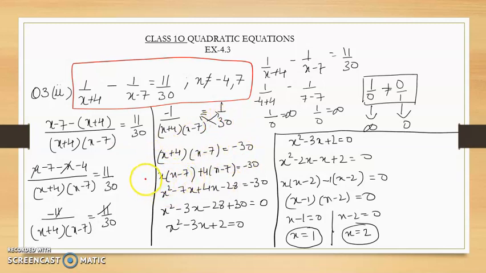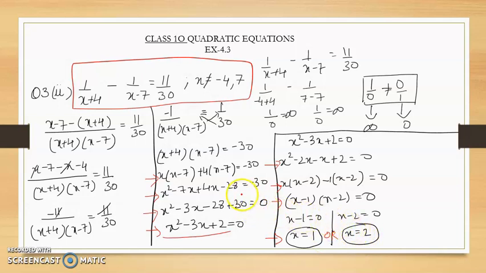All this is very elementary. You studied this in 8th class, 9th class. So the quadratic equation, we have got this. It is better, students, that you use the splitting of the middle term or factorization to solve this quadratic equation. Unless it is stated to solve by quadratic formula, you should not use it, because the quadratic formula takes time. This you can do quickly, and it will save time also. In this way you solve, and then x is equal to 1 or x is equal to 2.